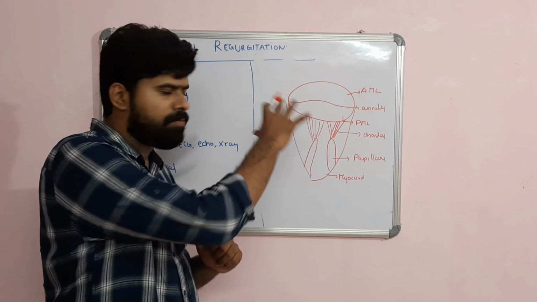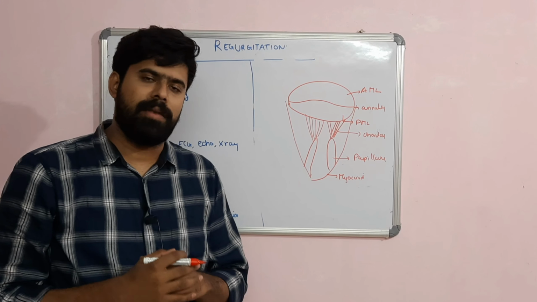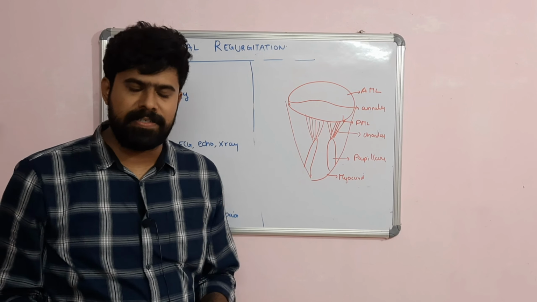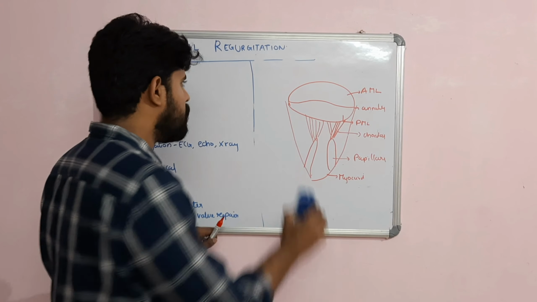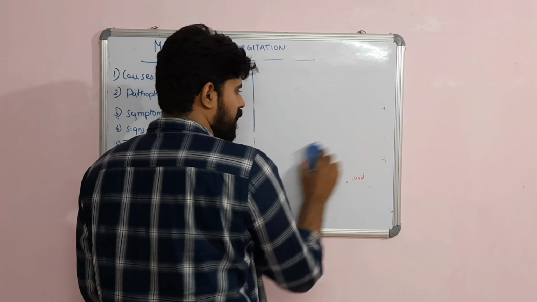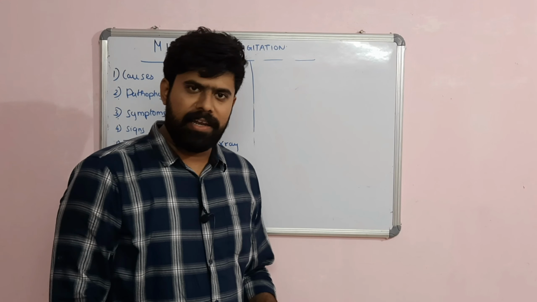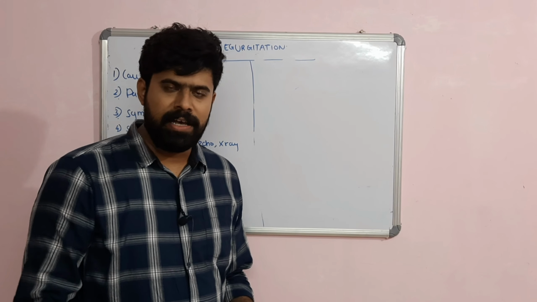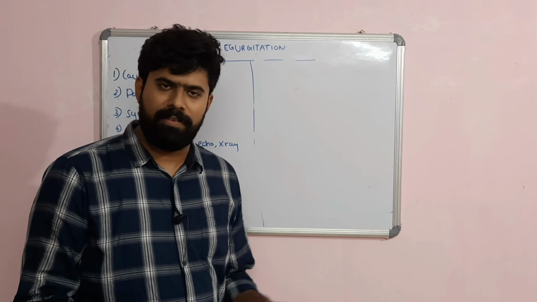A lesion in any of these five components can result in mitral regurgitation. This can be classified based on their causes. First, we will be dealing with acute mitral regurgitation. Acute mitral regurgitation is completely different from chronic mitral regurgitation in that it has an entirely different set of causes. It has a different set of clinical features, investigations, treatment, everything is completely different.